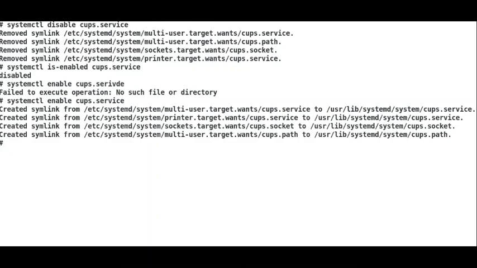Okay, now the next thing I'm going to do is type again systemctl is-enabled cups.service, and it's enabled. Okay, so other things that you need to do is, let's just say you wanted to start a service. Type systemctl start, let's say cups.service. You would start it, and if you just want to check it, you can check it through